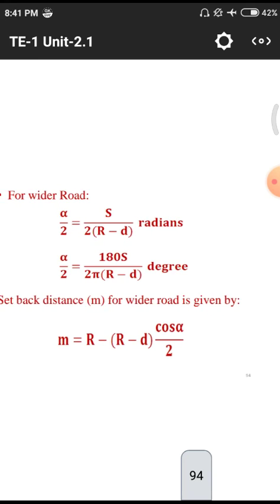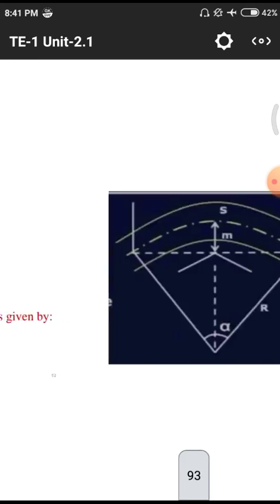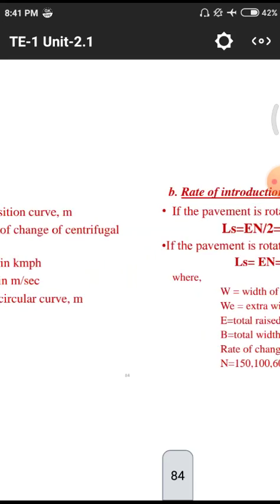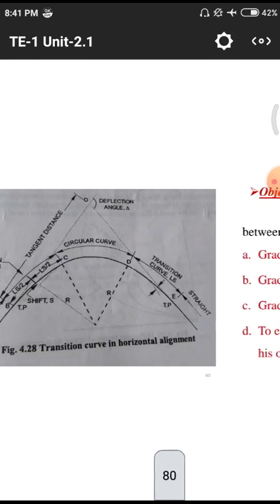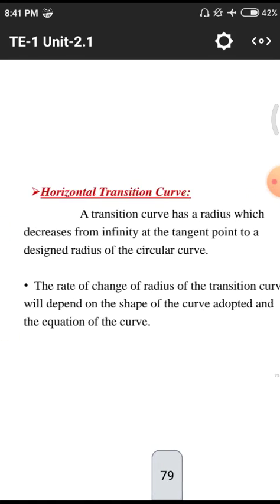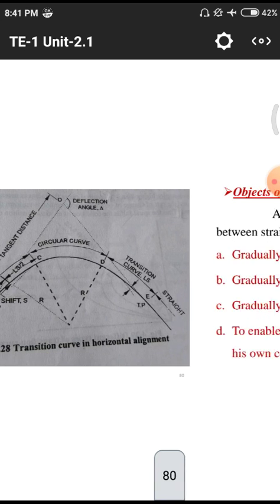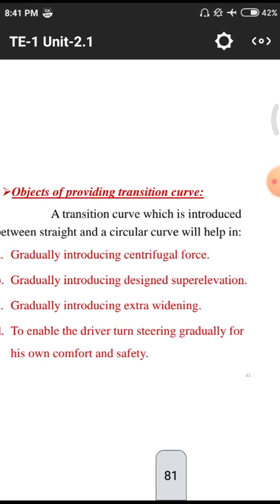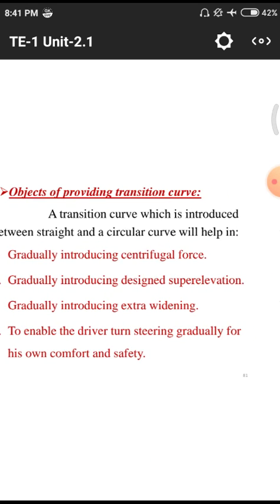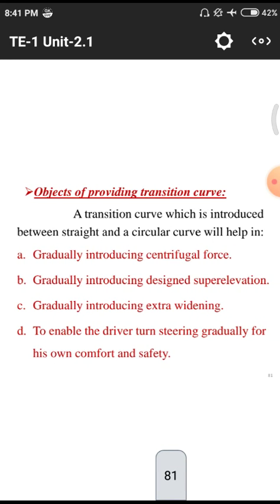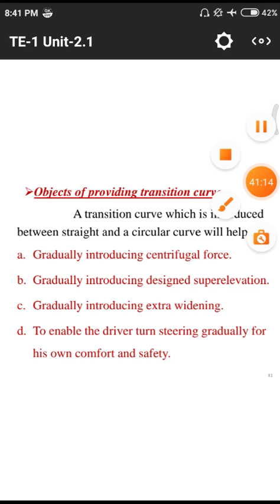This is today's topic. What we discussed is the horizontal curve. Total topic today was the horizontal curve: what are the factors affecting the horizontal curve, and how we nullify those factors depending upon centrifugal force, that means super elevation and some other extra widenings. Those three topics are included with these horizontal curves, and those things were discussed in today's class.